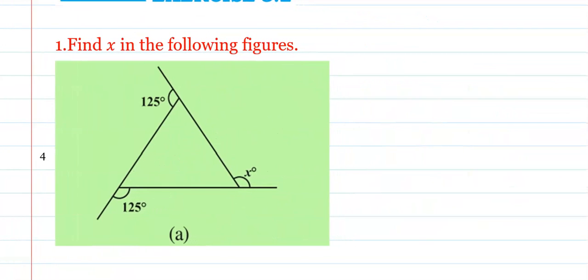Now in question number 1, find the measure of angle x. Find x. Here we have 125 and again 125. These are all the exterior angles, and we know that the sum of the measures of exterior angles of a polygon is 360, and therefore first we take this 125 plus this 125 plus x degree,